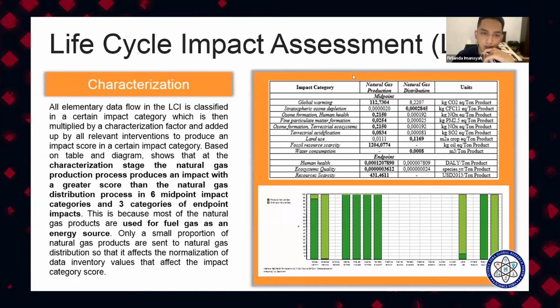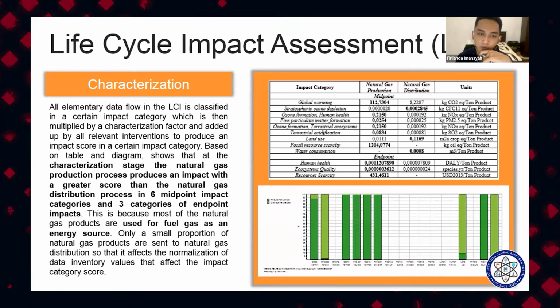The third step's first sub-step is characterization. All elementary data flows in the LCI are classified into a certain impact category, which is then multiplied by a characterization factor and added up across all relevant interventions to produce our impact score in a certain impact category. Based on the table and diagram, at the characterization stage, the natural gas production process produces